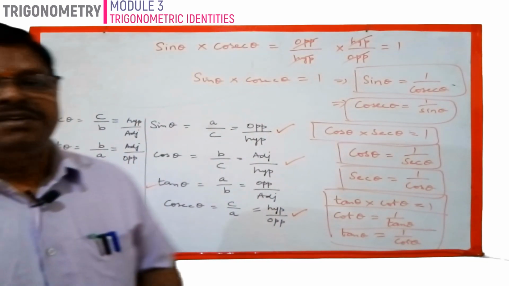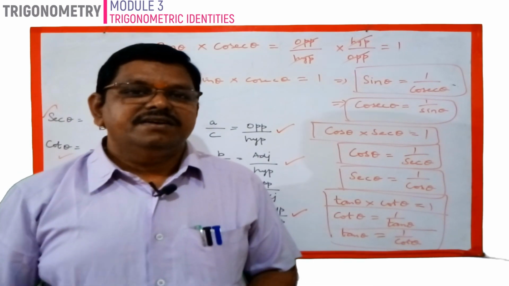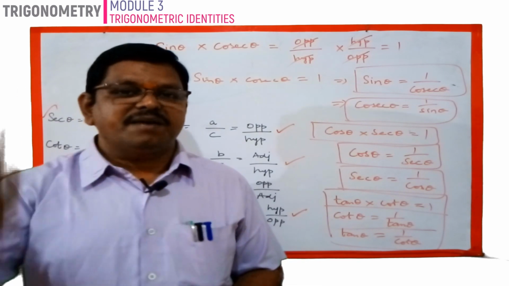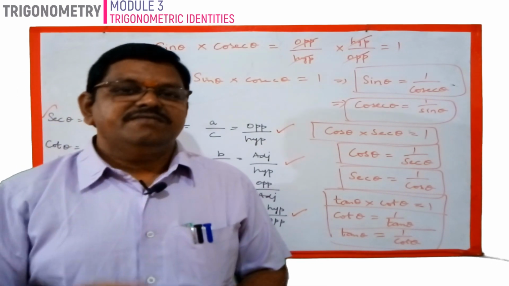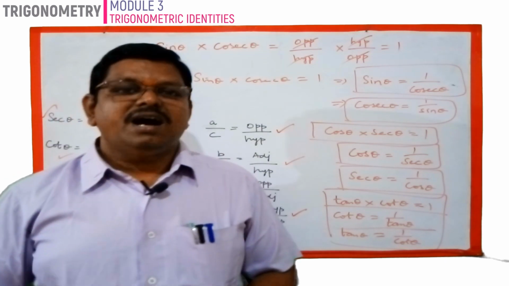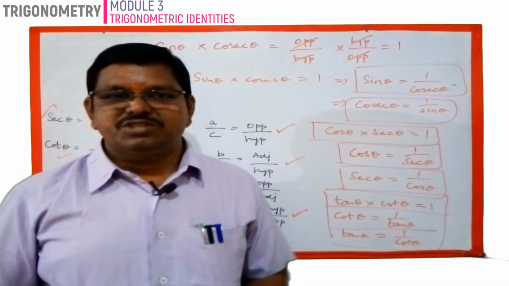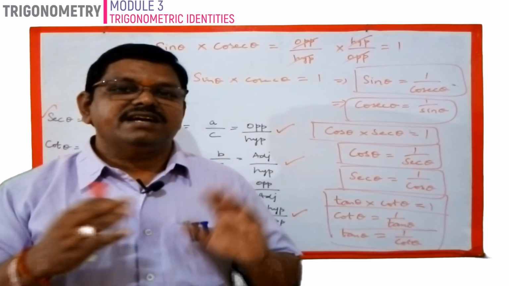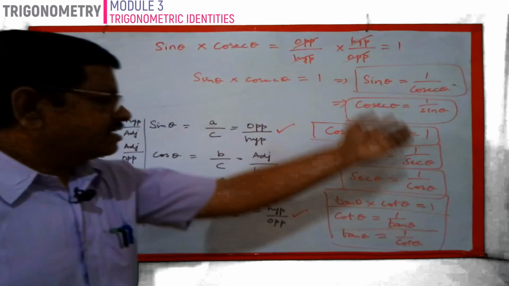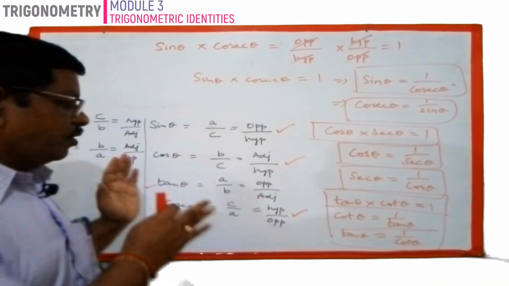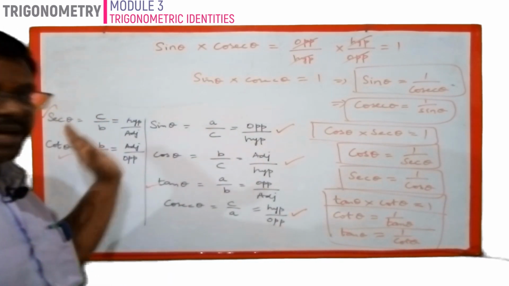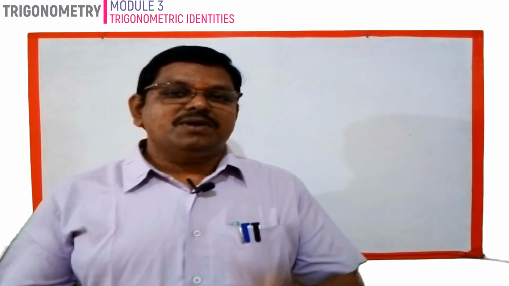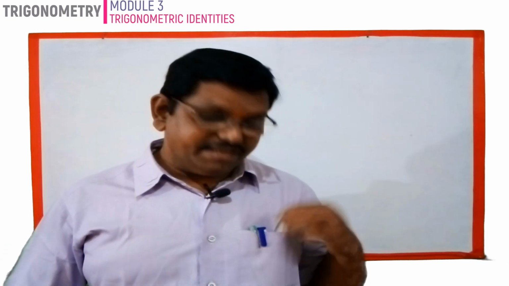So I repeat, here in the right angle triangle we take the 3 different sides as A, B, C, or opposite side, adjacent side and hypotenuse. With the help of the 3 sides we are finding the 6 different ratios. All the 6 ratios are called trigonometric ratios. We give them the names sin theta, cos theta, tan theta, cosecant theta, secant theta and cot theta, and we have found some relations here. Please pause the video and note down all these formulae, and we will continue now. Now let us take the right angle triangle ABC.